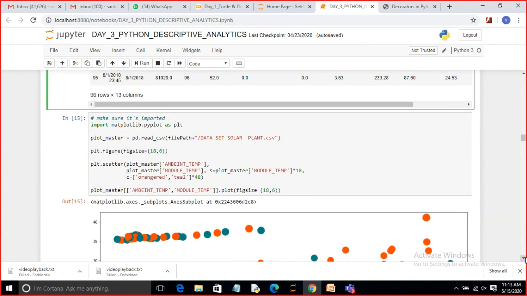Then I am using a bubble plot. Similar to the scatter plot only, bubble plot, the size will be a little bigger.